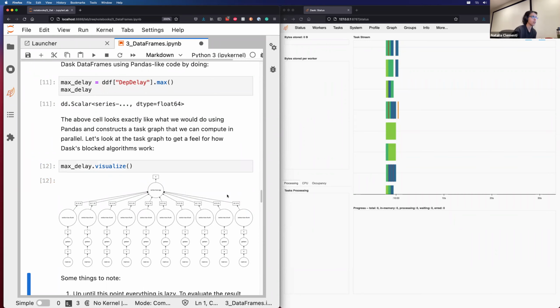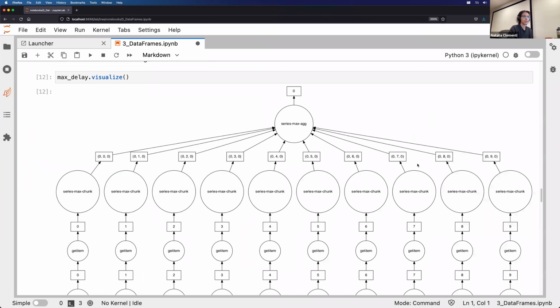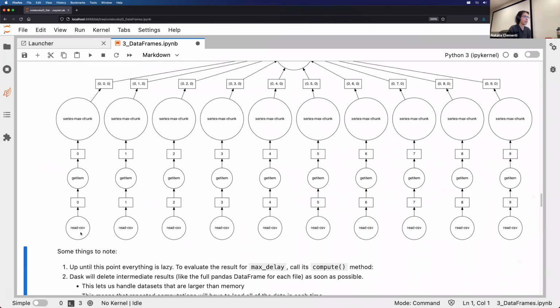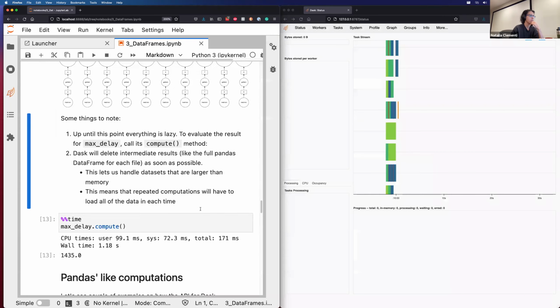This is a little bit tiny. I apologize about that. Maybe if I do, okay, there we go. If we make it a little bit bigger, you can see that here we have each of these read CSVs. We have 10, and it's getting an item from there. And then it has all these other tasks, in each of those columns getting the maximum of the chunk and reporting those, and then aggregating those and computing what is there. So if we compute this,